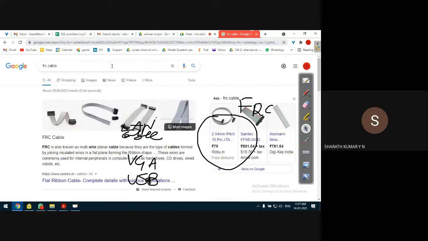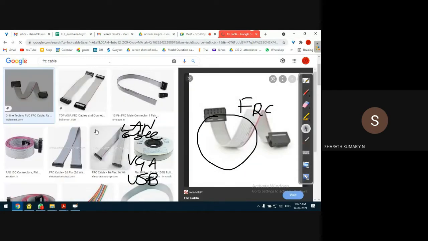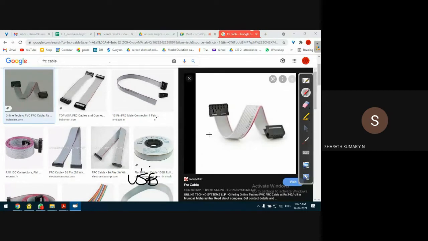Okay, because I think you have seen this kind of cable in your PC or in your printer somewhere. This is called a flat ribbon cable. This is used to transmit data. It can be 8-bit or n number of bits in general terms. Along with that, it will also carry the supply lines. So this port will provide data lines as well as supply lines. This is called an FRC cable, flat ribbon cable.